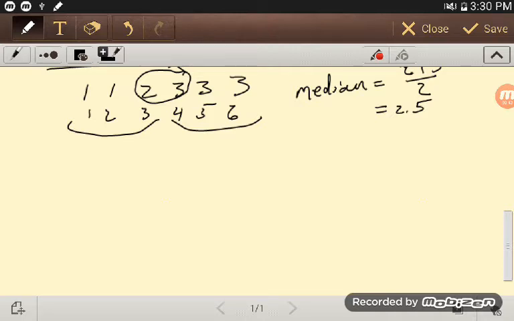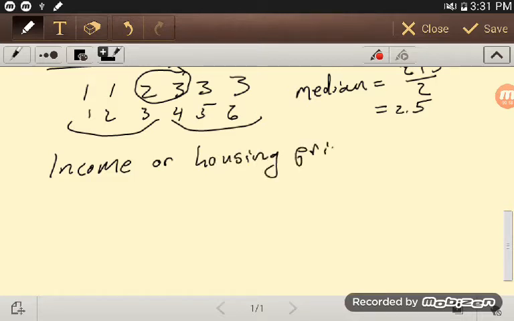Now, what we see is that there are reasons to use each of those. Often, if you see things like income or housing prices, things like this, we'll often use the median to describe them. Now, let's look at a very simple reason for that. So let's take some incomes and let's do it in dollars per hour. And so suppose I just have maybe 5 people,